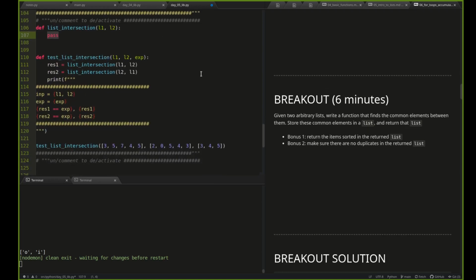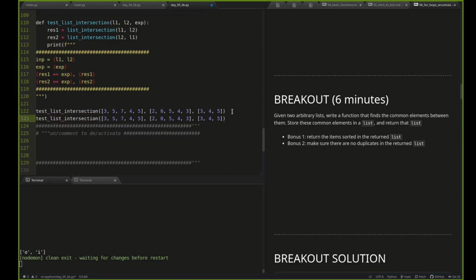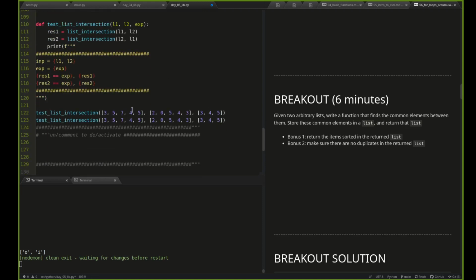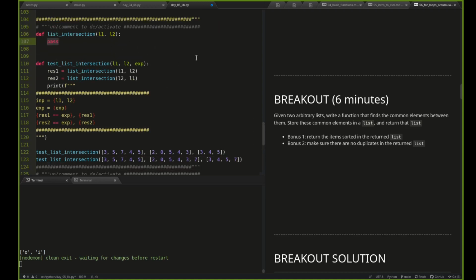So from here, somebody asked too, and I meant to do this as well, if the lists have to have the same number of elements. So they don't. So let's do something different like this. Let's say I add a 7 in here. Okay, cool. So now this one is asymmetrical. The lists are not the same. Okay, so now we can just say